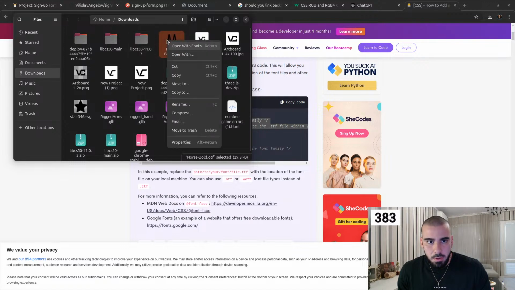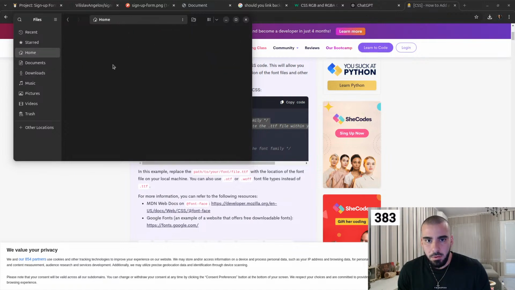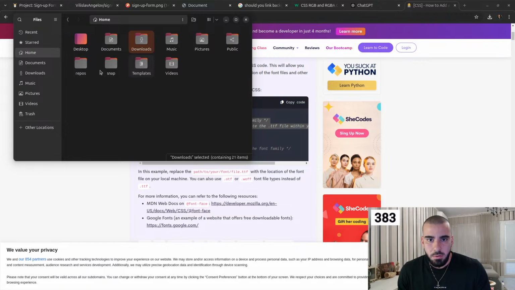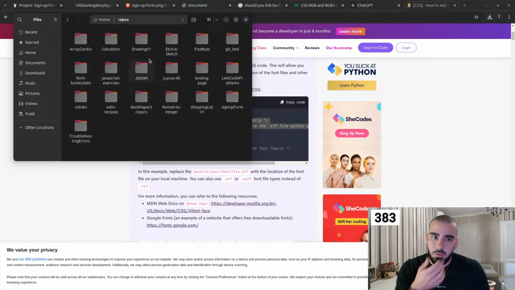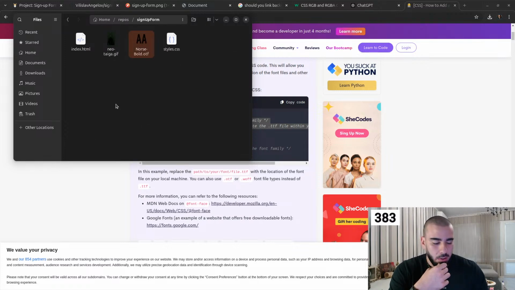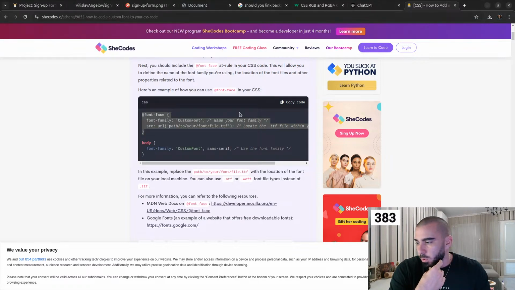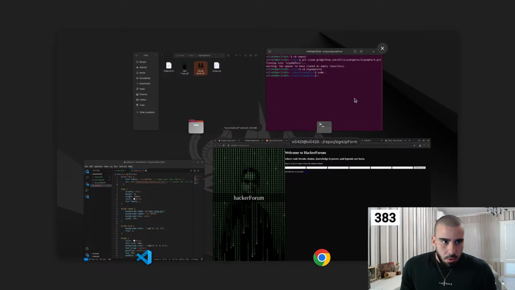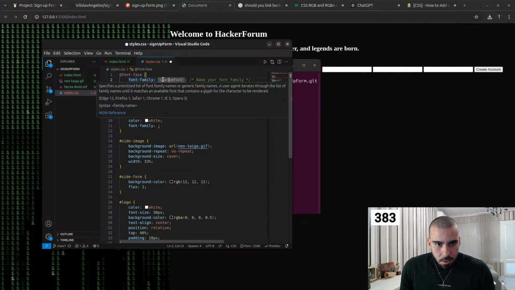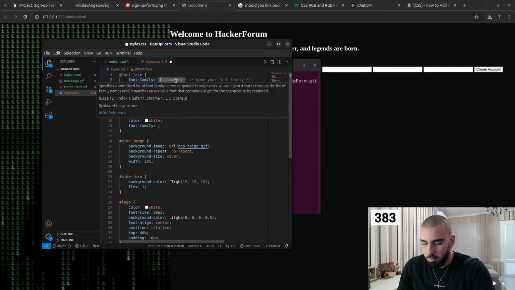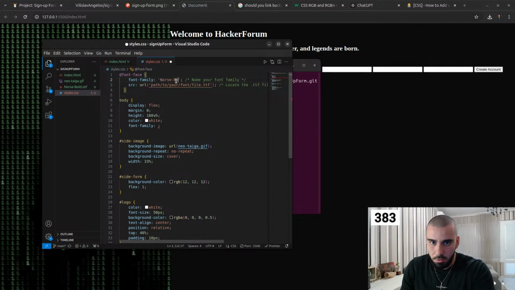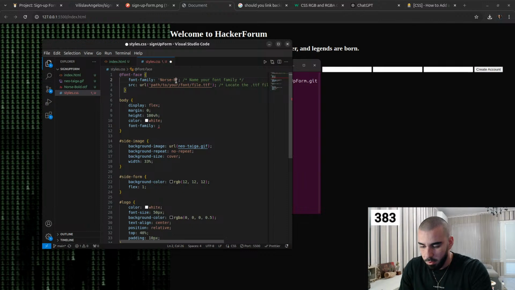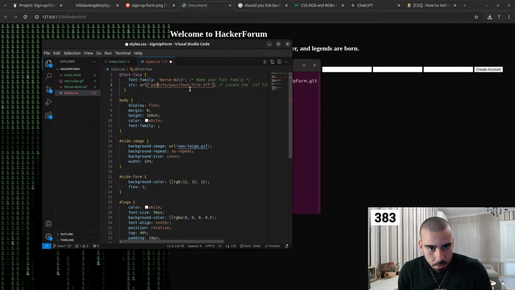I guess it's a good idea to also copy it and add it to the project. So repos and then sign up form, we'll paste in here so you have the font, and when we deploy it, it will not be like an Arial font. So font face, and then the font is called Northbot, I guess. I don't know if it's with the dash, but Northbot, and then path is,